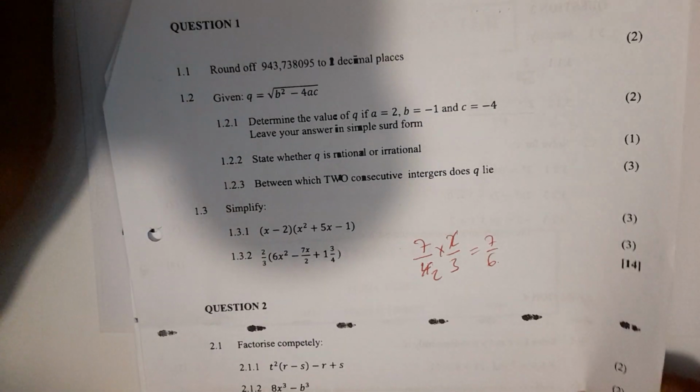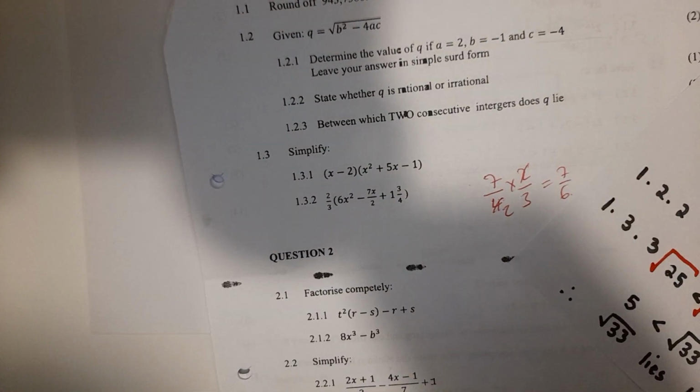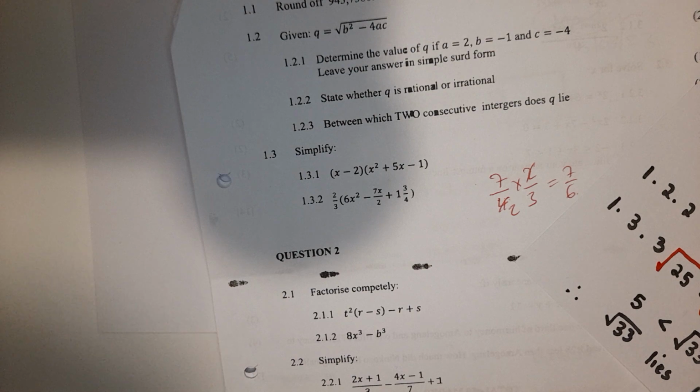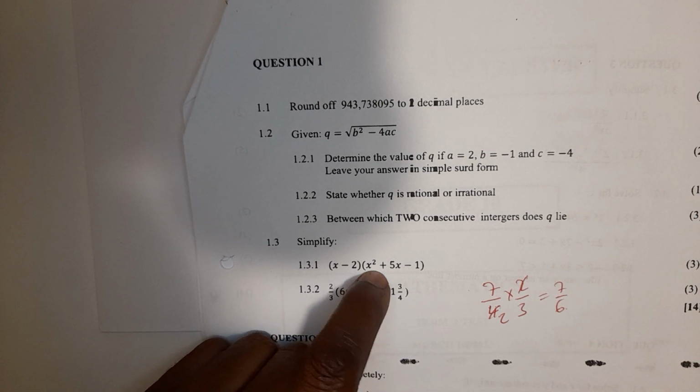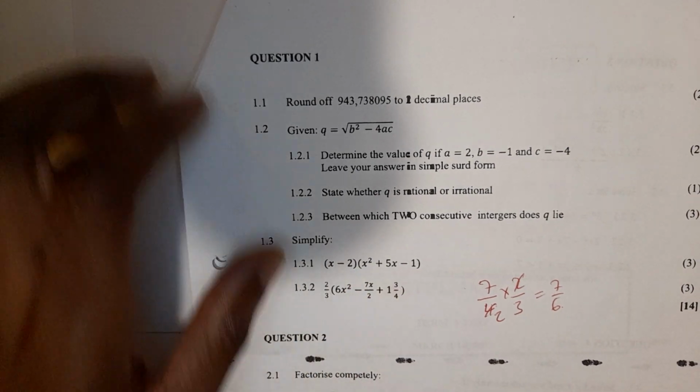Next question, we are going to have to simplify. Simplify, grade 10s. So we are given x minus 2 multiplied by x squared plus 5x minus 1. And then it's a question of simplify. Simplify meaning what? Rewrite it in a much simpler form without changing its mathematical meaning. So the question goes as follows: